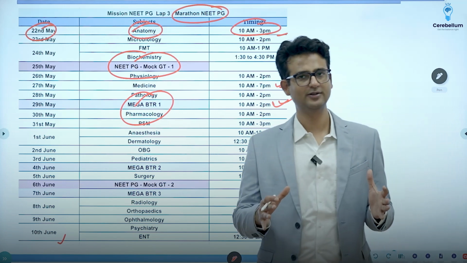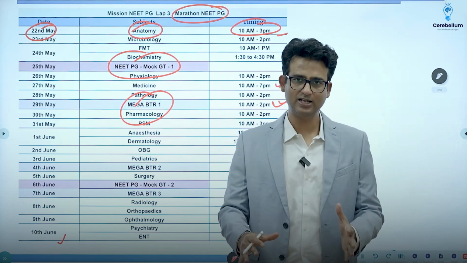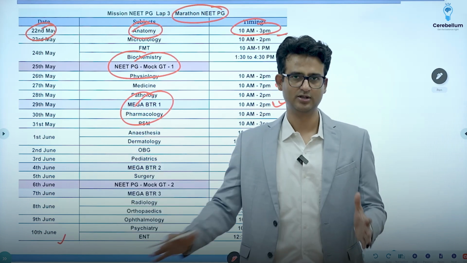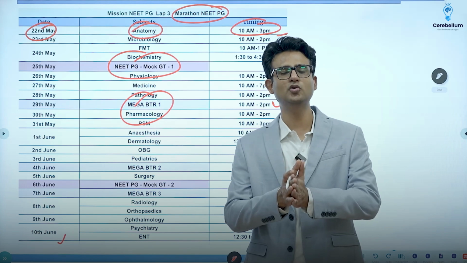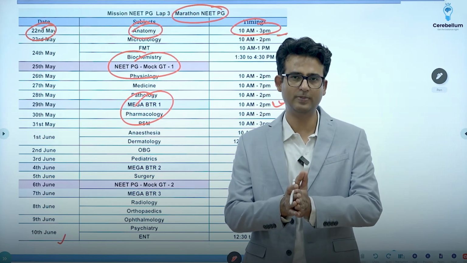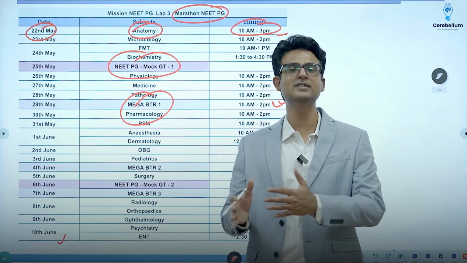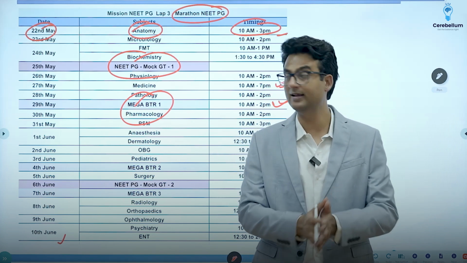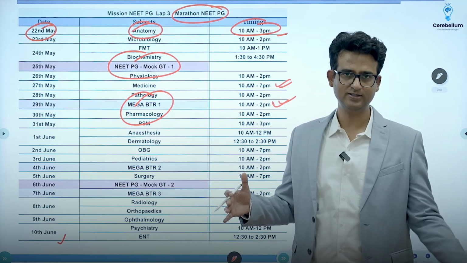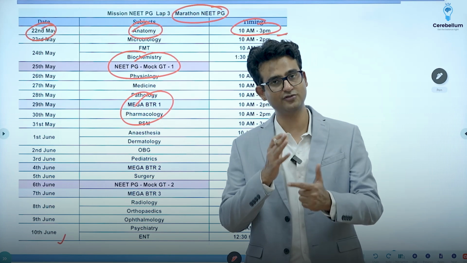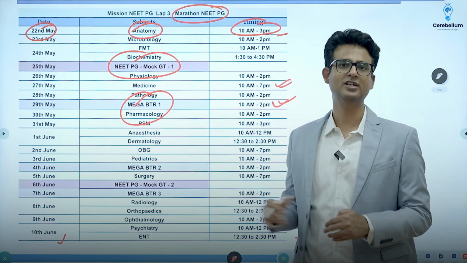So if you are a student who is just starting or who is just trying to bring the preparation back on track and primarily focusing on NEET PG, this is what you have to do. Start with the lab 2 classes, live classes, do the MCQs, late night PYQ marathons, subject wise, appear for the test and discussions, subject wise, appear for the test and discussions of BTR, study on your own for those 15-20 days that you get in between, complete the subjects, if possible, complete the quick revision videos of surgery, PSM and biochemistry by Dr. Ankur, and then for the final revision, join us back in the marathon.